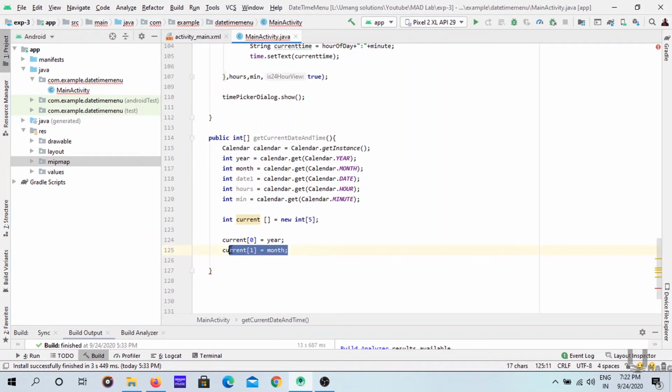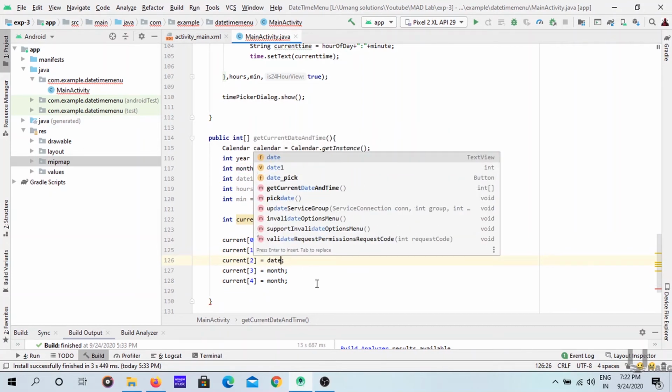So I will copy paste this 3 times. And this is 2, this is 3, and this is 4. Here month, date.